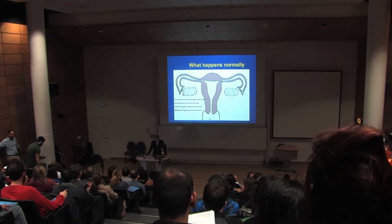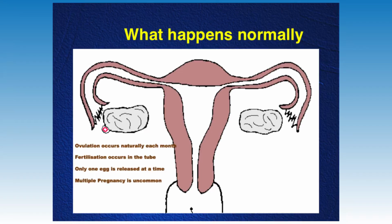Before we talk about IVF treatment, I'd like to briefly talk to you about what happens in a natural cycle and how conception occurs normally. As you can see here on the screen, this is the ovary, this is the fallopian tube, and that's the womb. Ovulation occurs once a month, and if intercourse takes place around the same time of ovulation, then you could see that